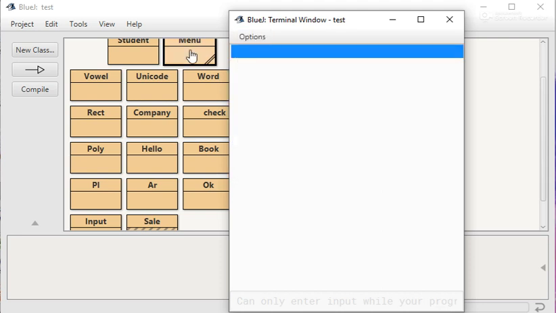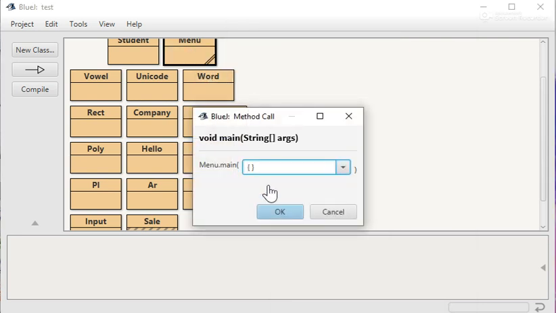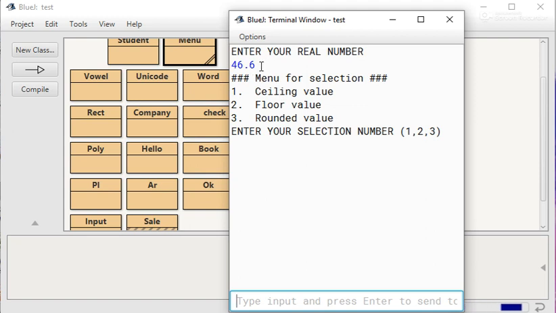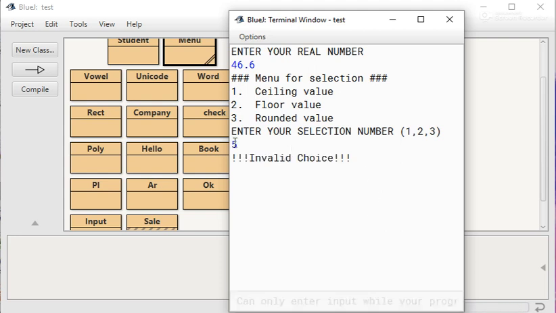In the same way, if we execute this program again and write 46.6 as the real number, and at the option menu write something other than 1, 2, 3, suppose we give 5, enter. In case of 5, we get the message invalid choice. This is due to the default section. So in this way we can create a menu-driven program and run it.